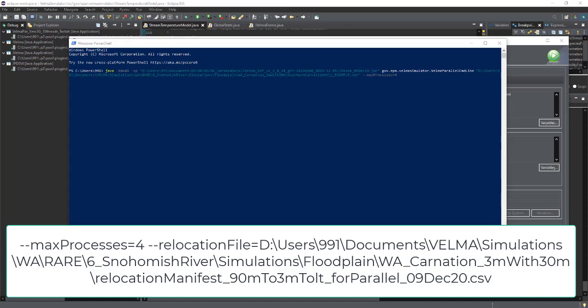And then lastly, the last argument provided is that relocation file. So space after the max processes equals 4, then double dash relocation file, all lowercase except for the capital F, equals, and then the fully qualified file path to the CSV file that you created,